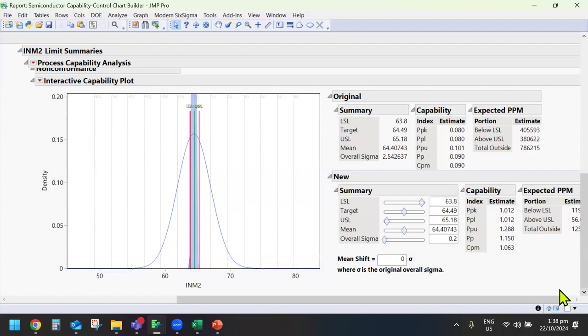I am not sure. But at least with the interactive capability plot, it will visualize when our project goal, let's say I achieve this Six Sigma, reduce from 2.5 to 0.2. I achieve this goal. Of course, this will be your CPK result by then, right?